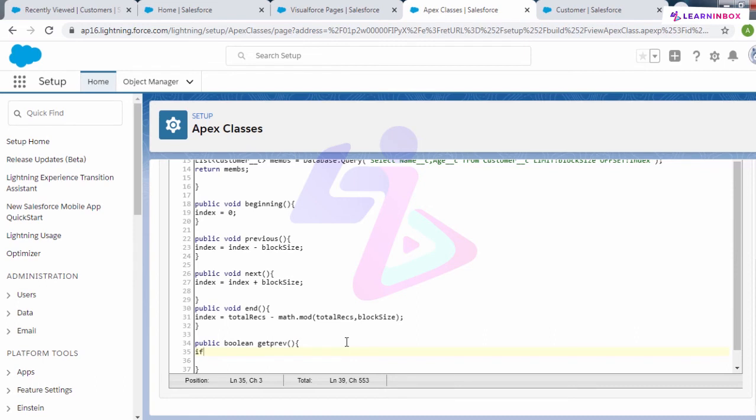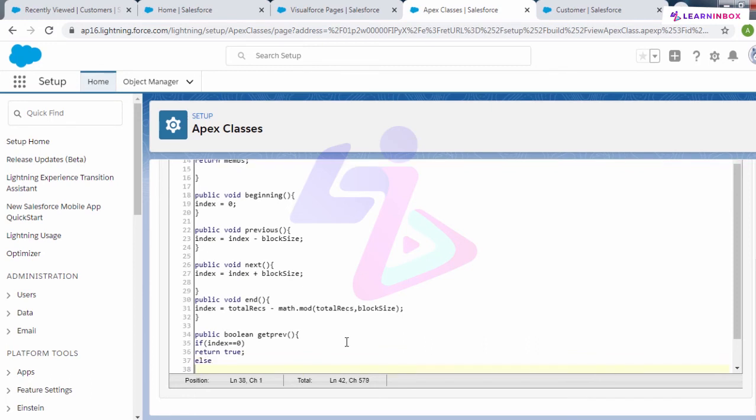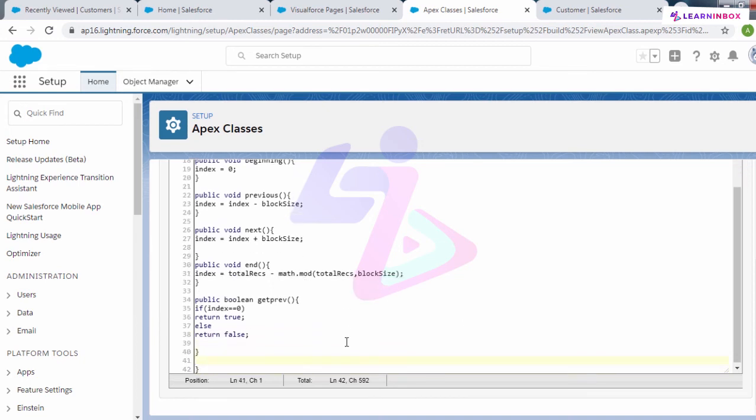If index equal to 0, return true, else return false. End of the logic here.